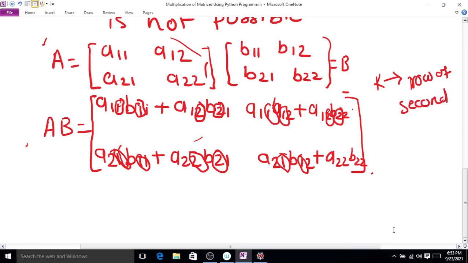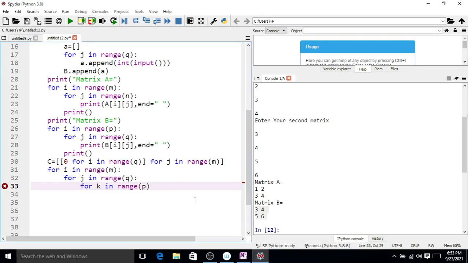So here now C[i][j] is equal to C[i][j] plus A[i][k] into B[k][j].